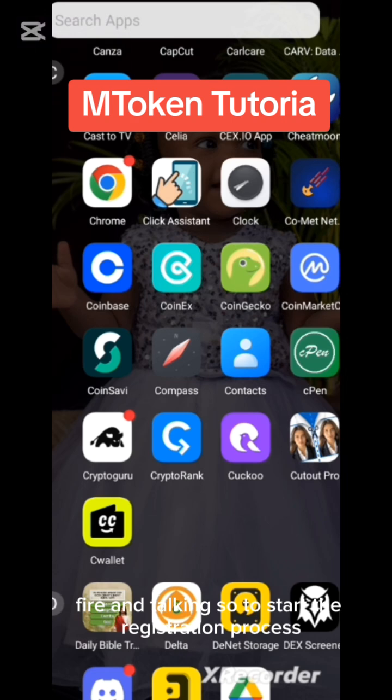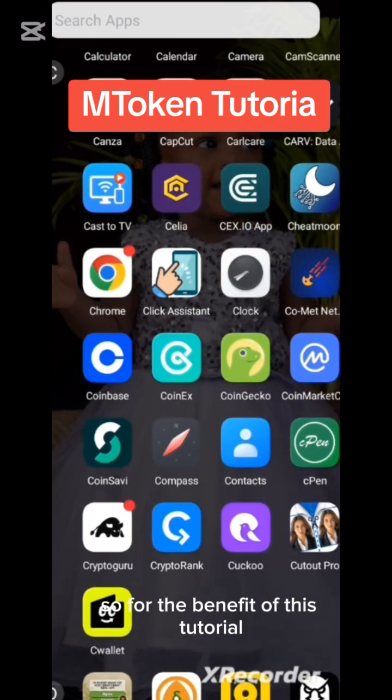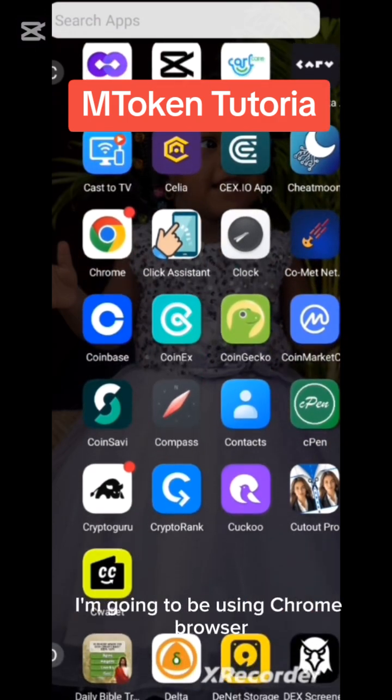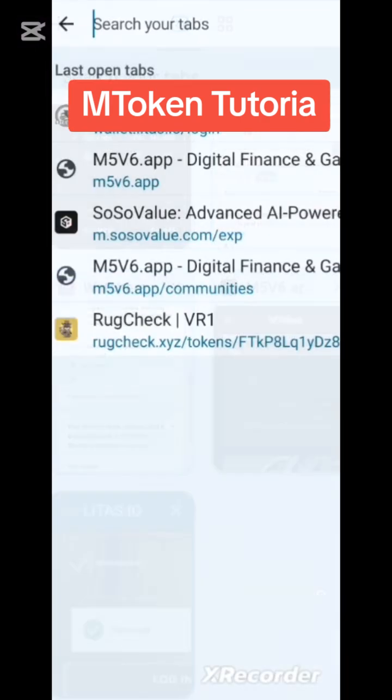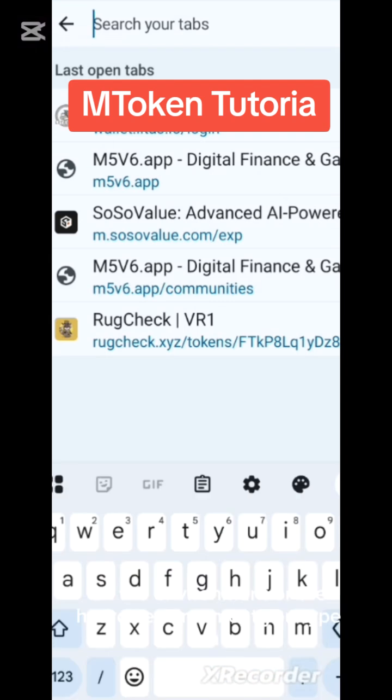So to start the registration process, what you need to do is to go to your browser. You can use a Chrome browser or any other browser available on your phone, it can actually work. For the benefit of this tutorial, I'm going to be using the Chrome browser. So when you open your Chrome browser this way, on the address bar, you type